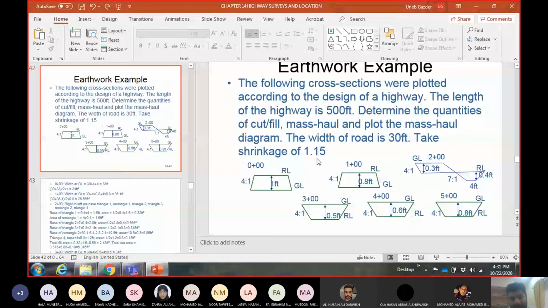That's why the ground was stable, right? Otherwise, the ground will sink, right? So